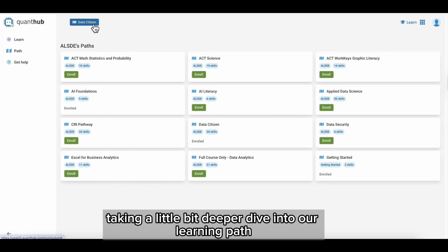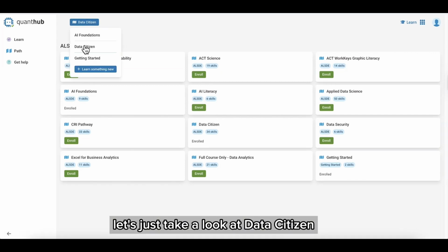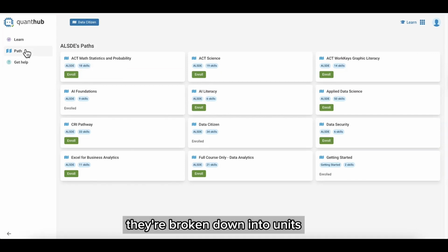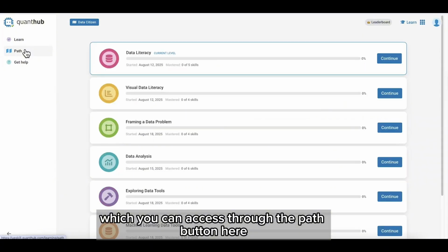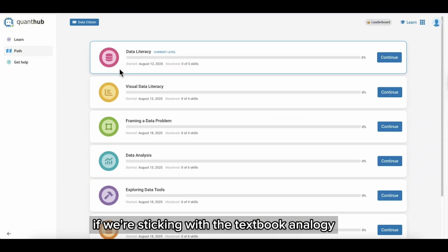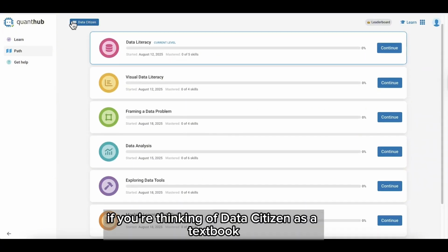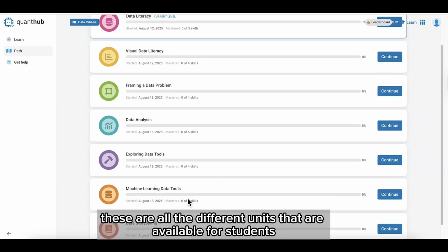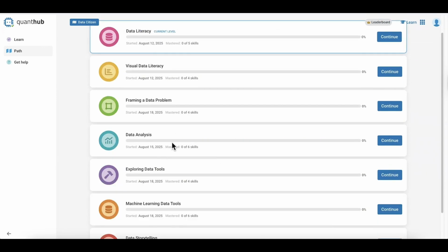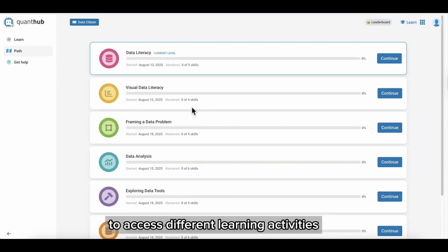Taking a little bit deeper dive into our learning path, let's just take a look at Data Citizen. They're broken down into units, which you can access through the path button here. If we're sticking with a textbook analogy, if you're thinking of Data Citizen as a textbook, these are all the different units that are available for students. To access different learning activities, click Continue into one of these units,